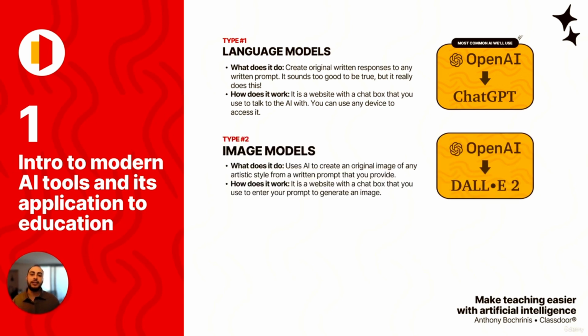The second model is an image model. Similar to a language model, in this example, we type into a chat box an image that we want to create, and the AI will produce a 100% original response to that input. And think about that slide that we just had before with that teacher really stressed about their marking load. That is an example of an image model. OpenAI, who also own ChatGPT, own software called DALL-E 2 that we can use as our image model for this course, and we'll go through how that works.